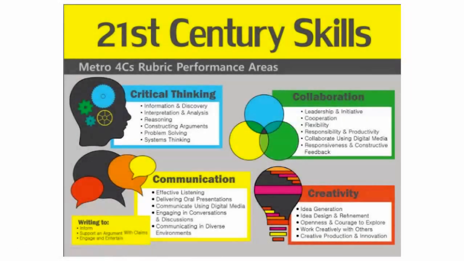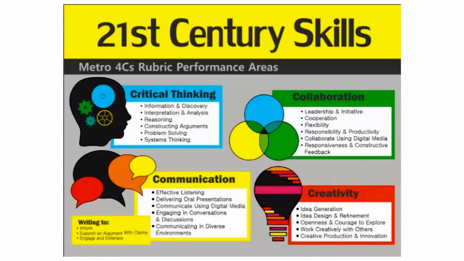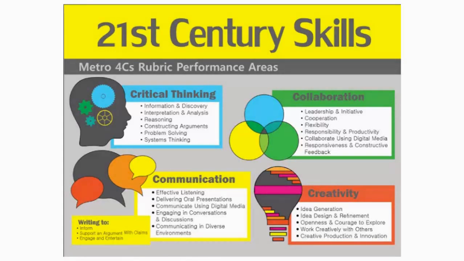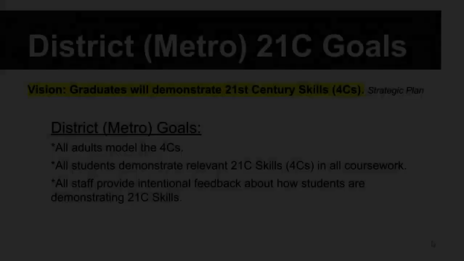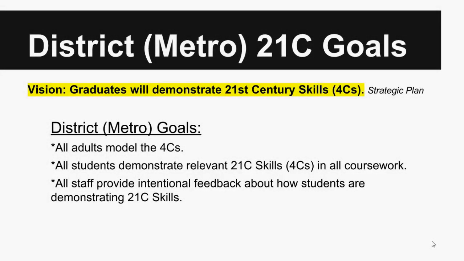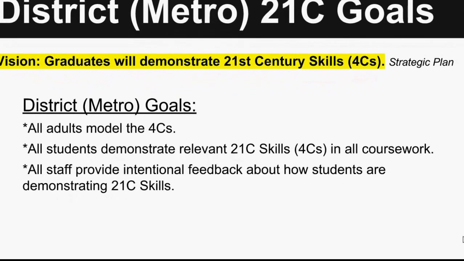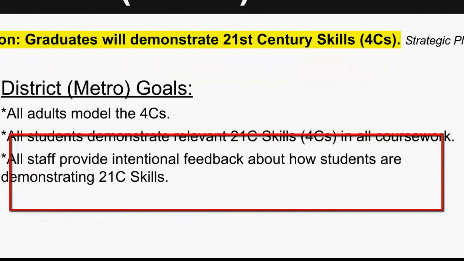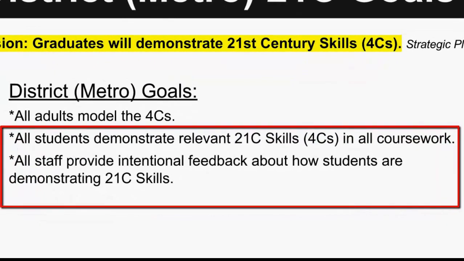The recently adopted strategic plan for the Fargo Public Schools states that we will use the 21st century skills of collaboration, communication, creativity, and critical thinking, otherwise known as the 4 C's, to provide the structure for teaching and learning. Not only are all adults within the Fargo Public Schools expected to model the 4 C's, all students should be demonstrating relevant 21st century skills in their coursework, while all staff members provide intentional feedback about how students are performing